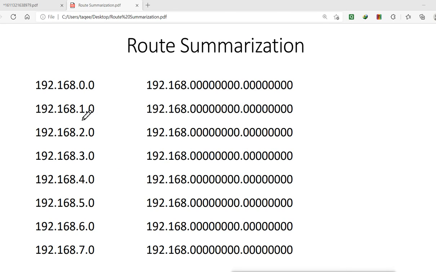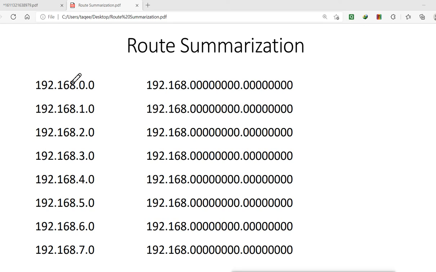Now in this case, if you see, these are the different networks: 192.168.0.0, 1.0, 2.0, 3.0, 4.0, 5.0, 6.0, 7.0. They are not a single network, they are actually separate class C networks. So it will not do the auto-summary.